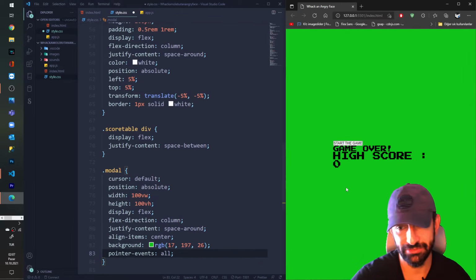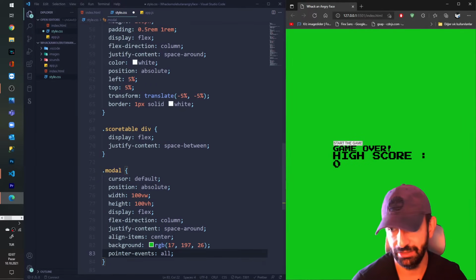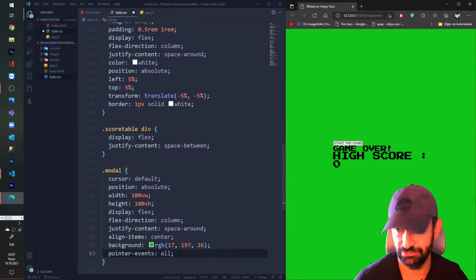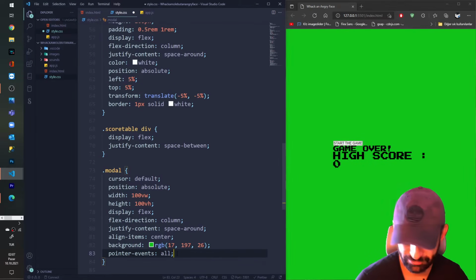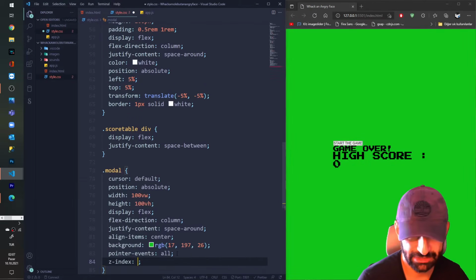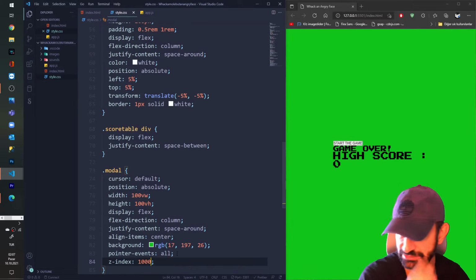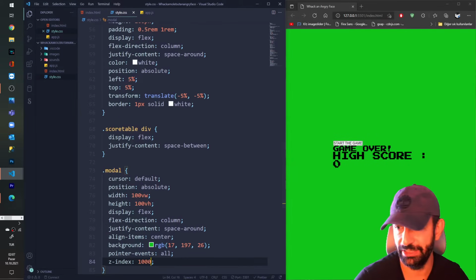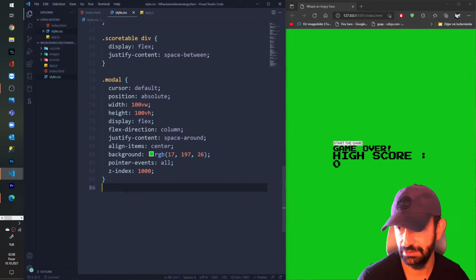This div is not gonna be seen after the game starts, and the pointer events obviously will be none. So I'm gonna give also for the last time the z-index of 1000. I wanna be sure it's on top of my divs.